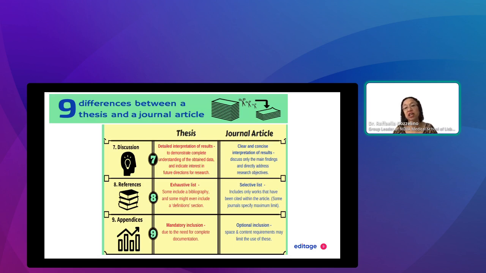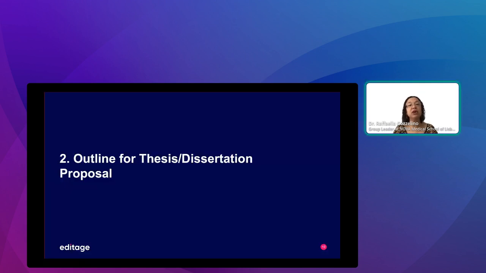But in journal articles, the appendices are completely optional, are called supplementary information, and what they contain mainly is an additional description, if you don't have much space, of the material and method section, and all the experiments that allow you to complement the story but are not as relevant to be inserted into the body of the main manuscript. So let's see now some outlines for thesis, dissertation, and proposal.